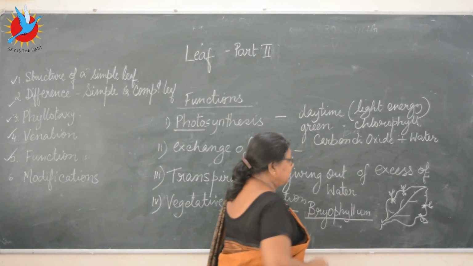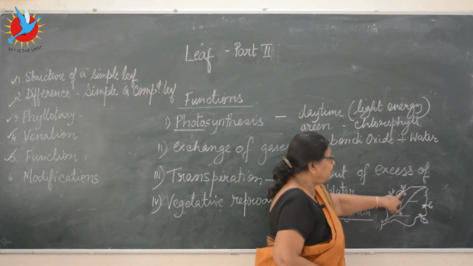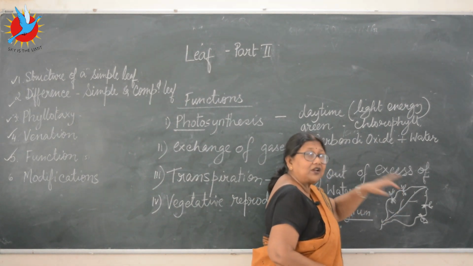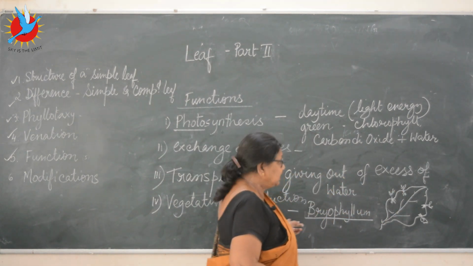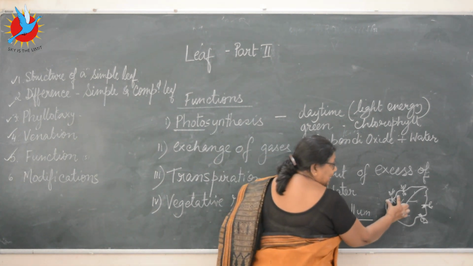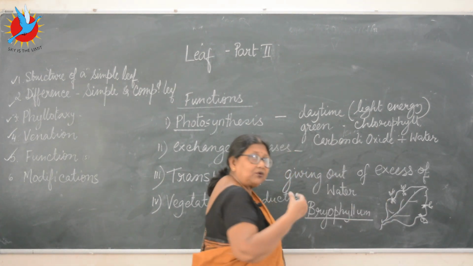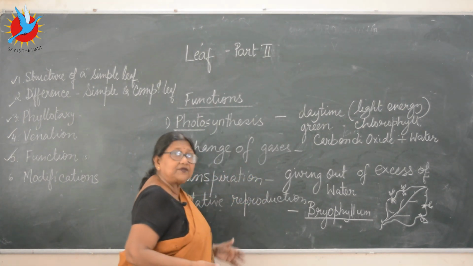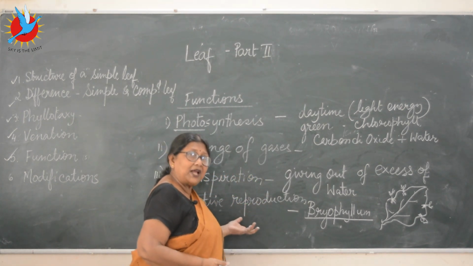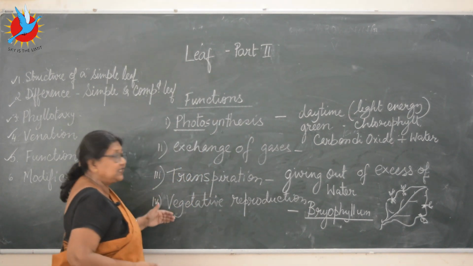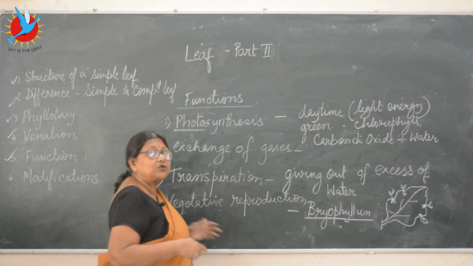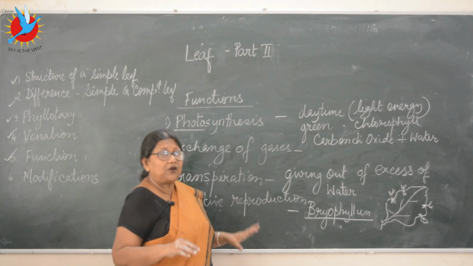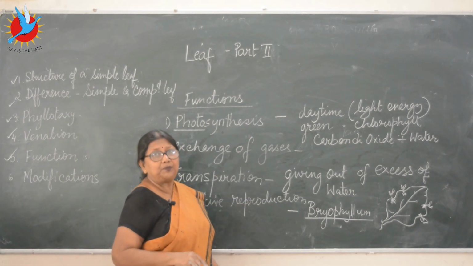So what happens? From these leaves, a new plant is growing. This is called vegetative propagation or vegetative reproduction. If you cut out this part and put it into the soil, it will grow into a new plant. It's very interesting that even the leaves can give rise to new plants. That's called reproduction vegetatively. Why vegetative? Because no flower is involved, no seed is involved. Directly from the leaf, the new plant is growing.